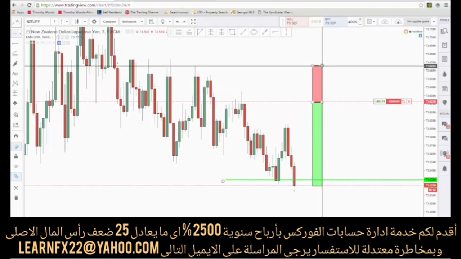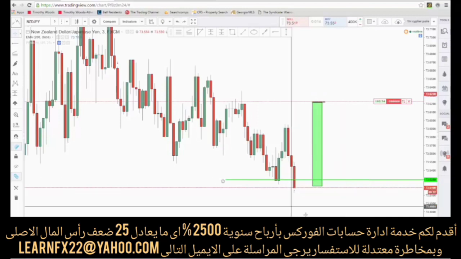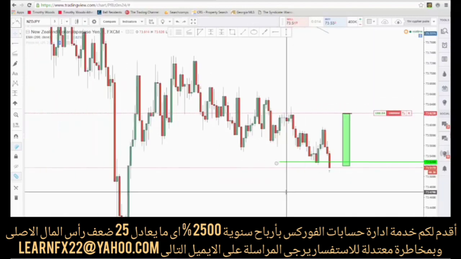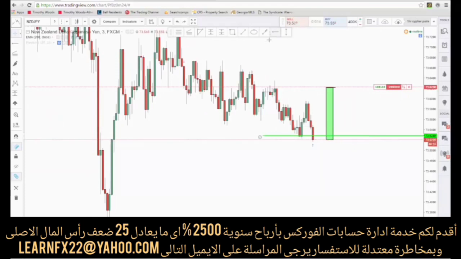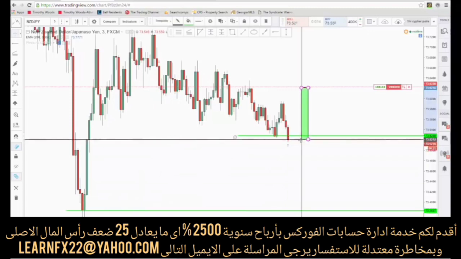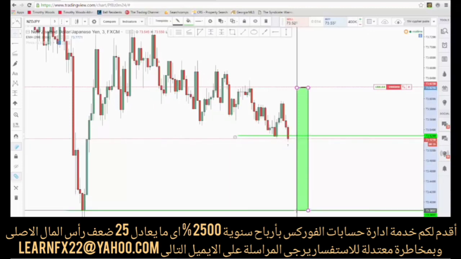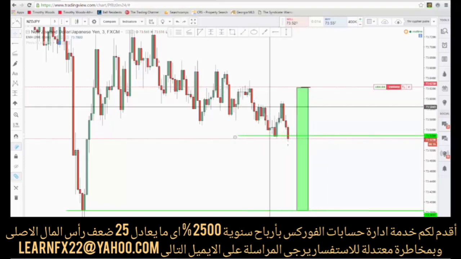Our stop has been moved to break even, and we're just waiting to see if this market continues to press down in trend continuation. Second targets are going to be down at previous structure, and as we break below the lows, I'm going to manage this position by placing my stop loss above